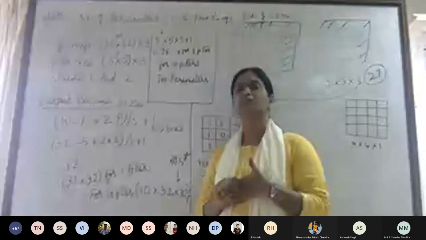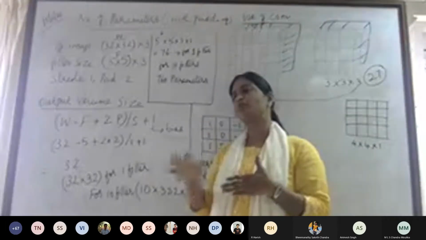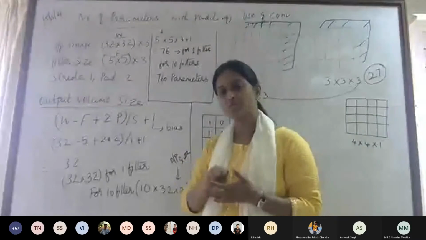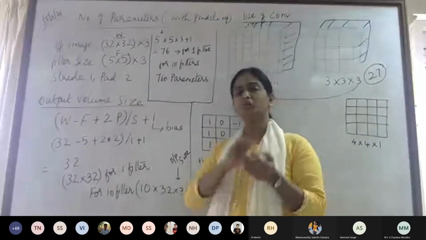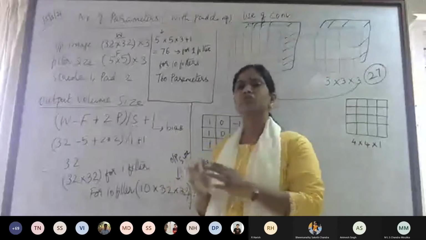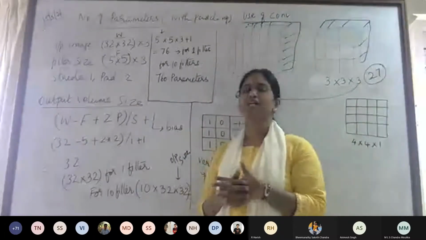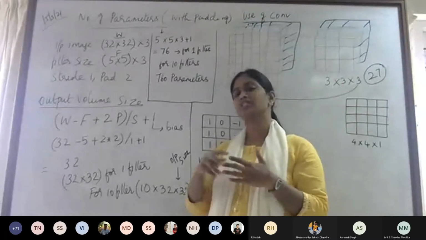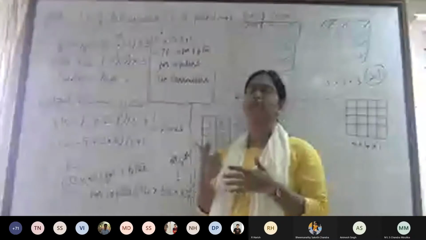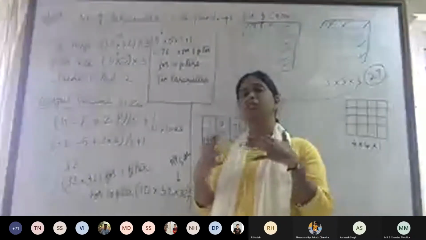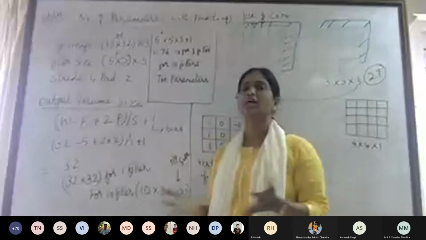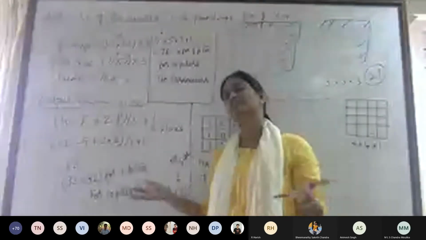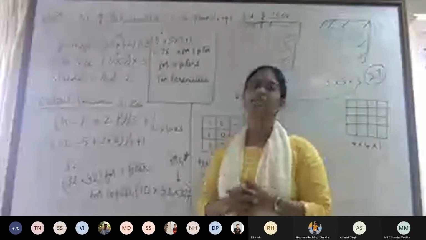And then a lot of computation processing goes on, isn't it? So that is why we perform this convolution operation. That means it reduces your number of parameters to be passed on to the next layer, so that your computation can be effective. That means it will be computationally fast and so many neurons are not required. In that case, the number of weights that you are updating will be less. You will not be requiring so many weights to be updated. Thousands or millions of weights you need not update every time.